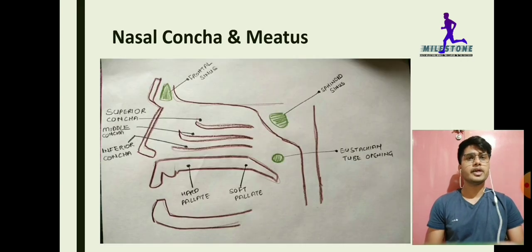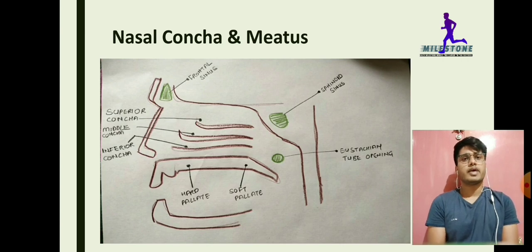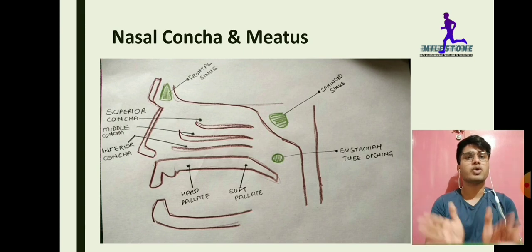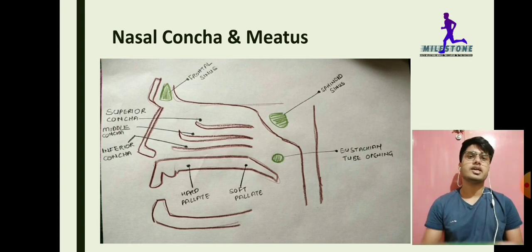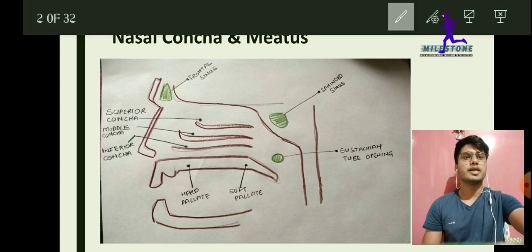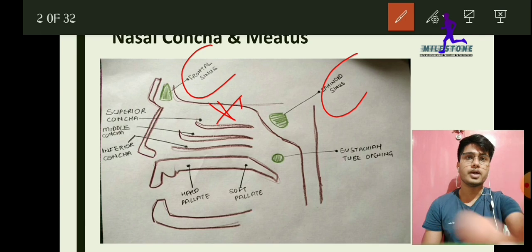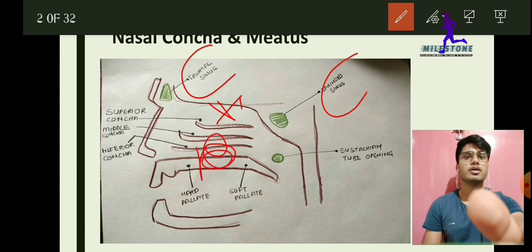Now before we really go into deep of this topic, let's have an idea about the anatomy of nose. So here this is a cross section figure, and in this figure you can clearly see about the concha, and you can also see about the sinus. Here you can also have idea about paranasal sinuses. See, here is the frontal sinus, then here is the sphenoidal sinus, and somewhere around here there is ethmoidal sinuses. And here we have frontal, and somewhere around here we have maxillary